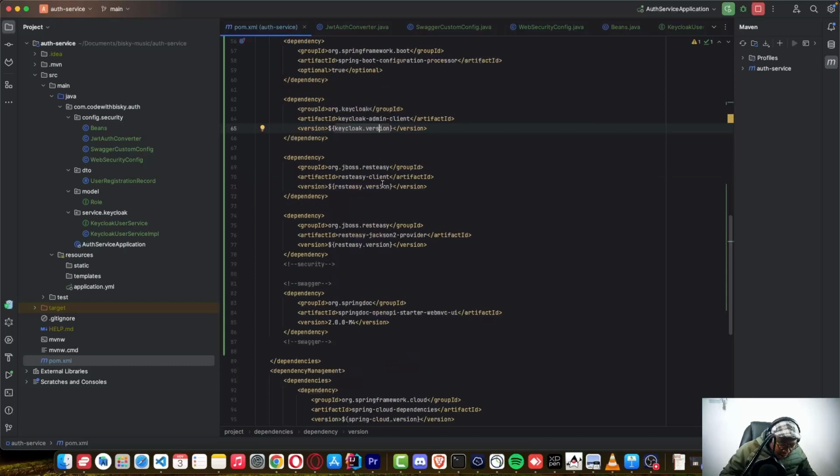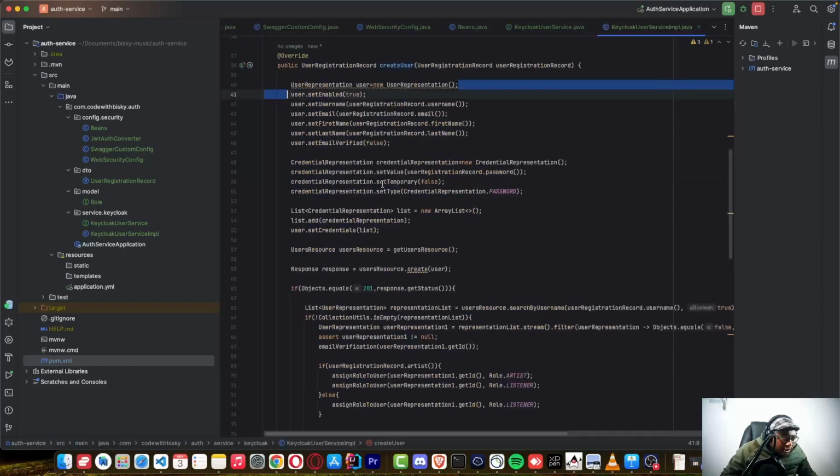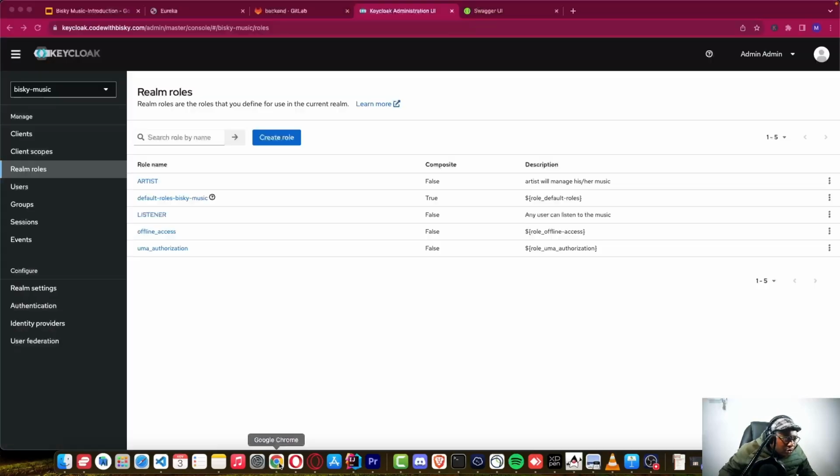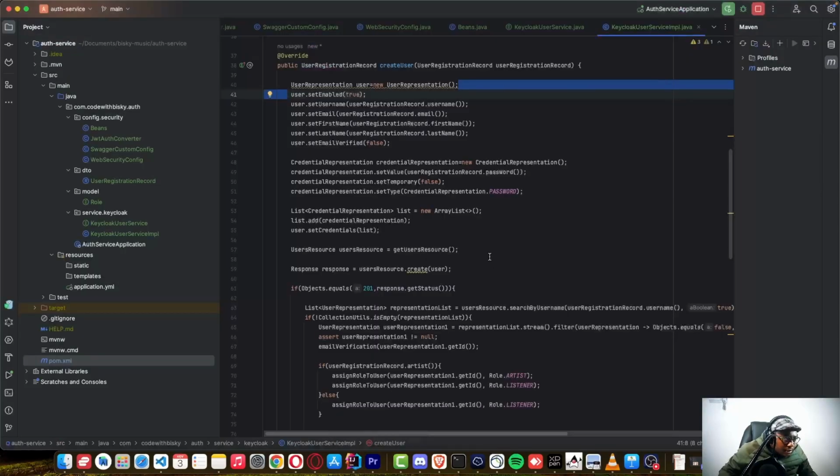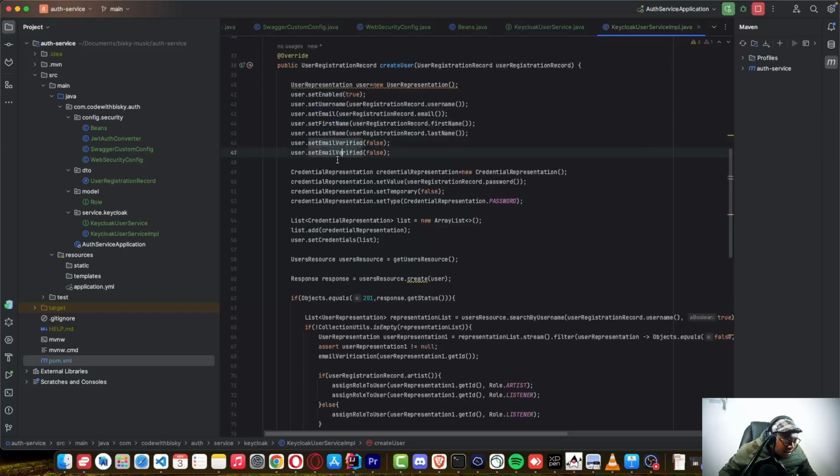So this version must match your server that you are running here. So to avoid many errors, here this user is enabled, and I'm setting the username, the email, first name, last name, email verified,